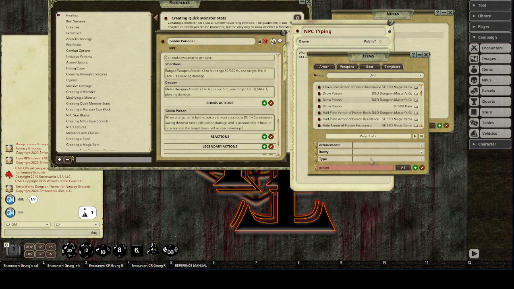All right. Now it is important to actually prompt it like this, because you got to do the DC 14 Constitution saving throw. This tells it this is what they're saving. This is the damage that they take. And then is poisoned for 1 hour, which will prompt it. Now, here's the thing: it's not flagging it here, but